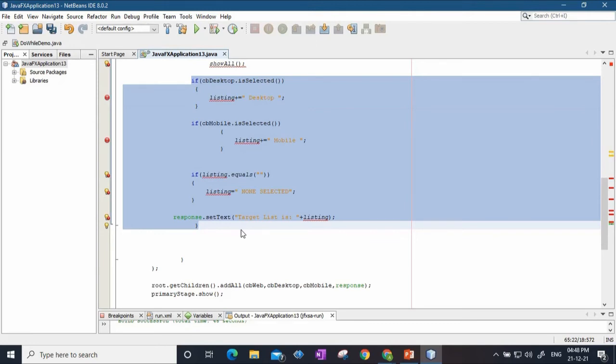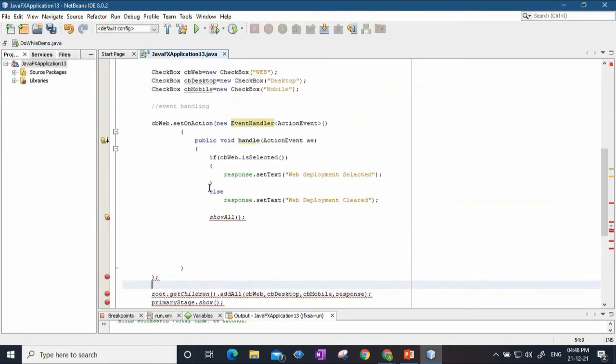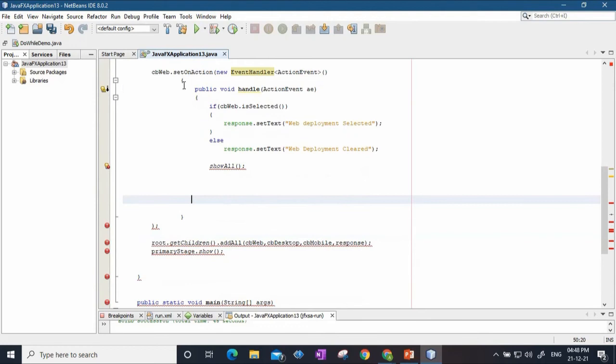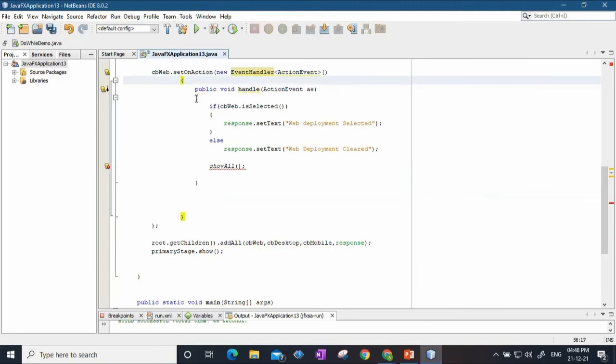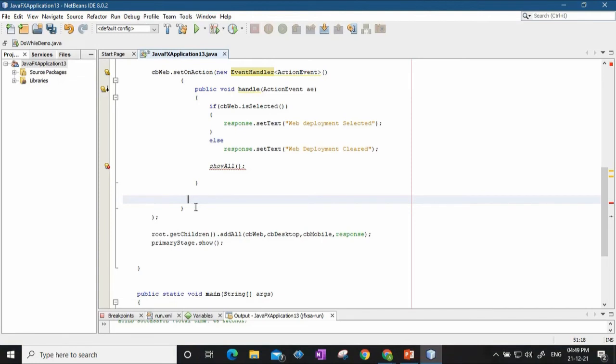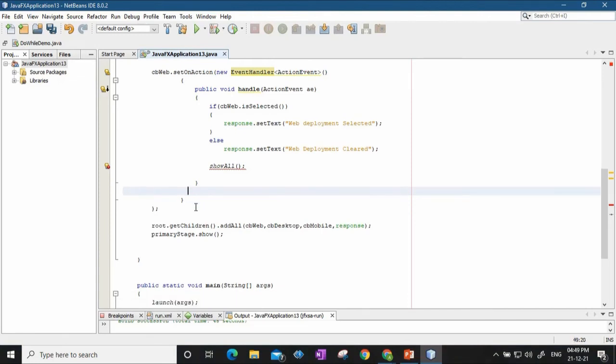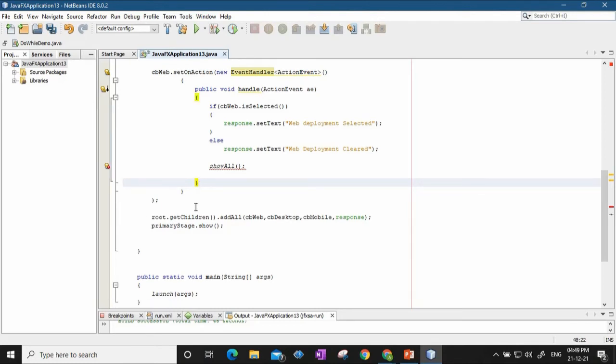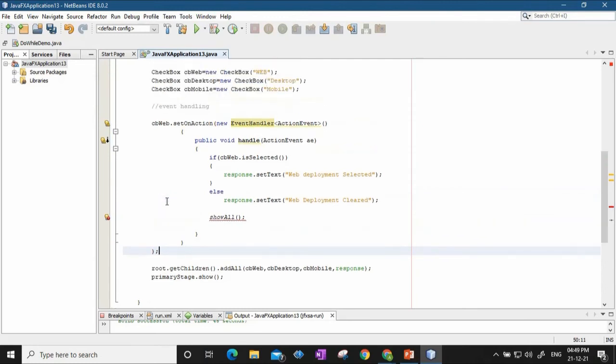This is the handle method. It ends here, and this is the end of the action event. And this is the end of set on action method.